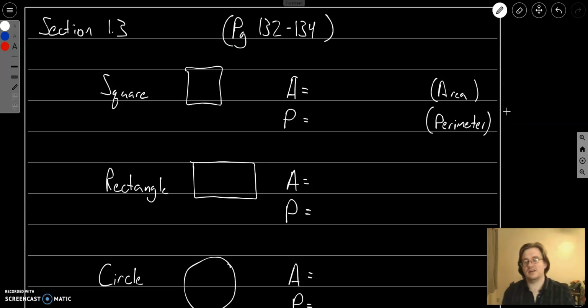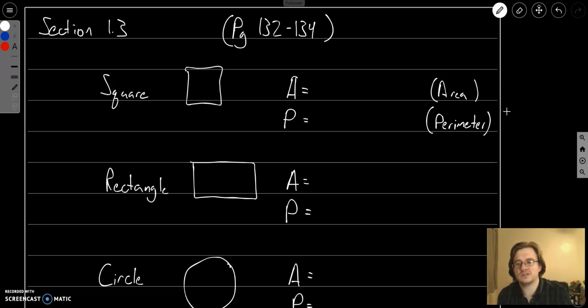Hello and welcome back. This will be the third and final video on section 1.3. The first thing that I want to do here before we look at some more word problems is reminding ourselves of some formulas. So these will be formulas from geometry, and they'll be for area, perimeter, and volume of different